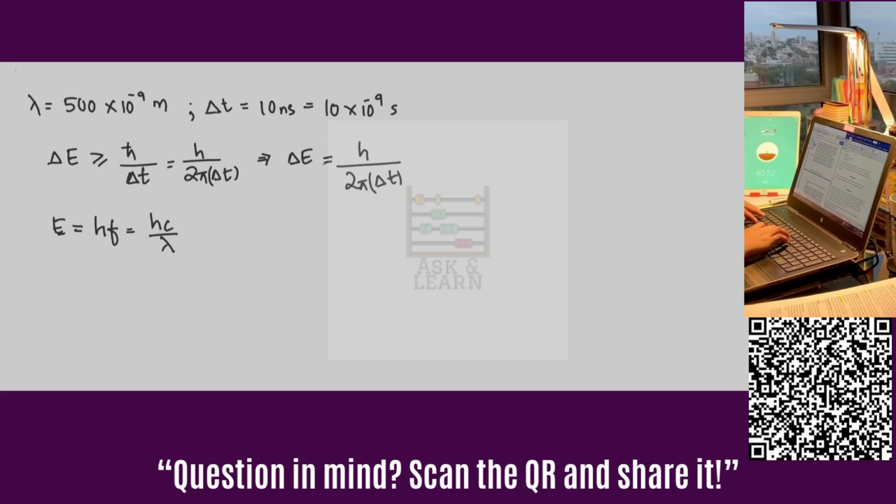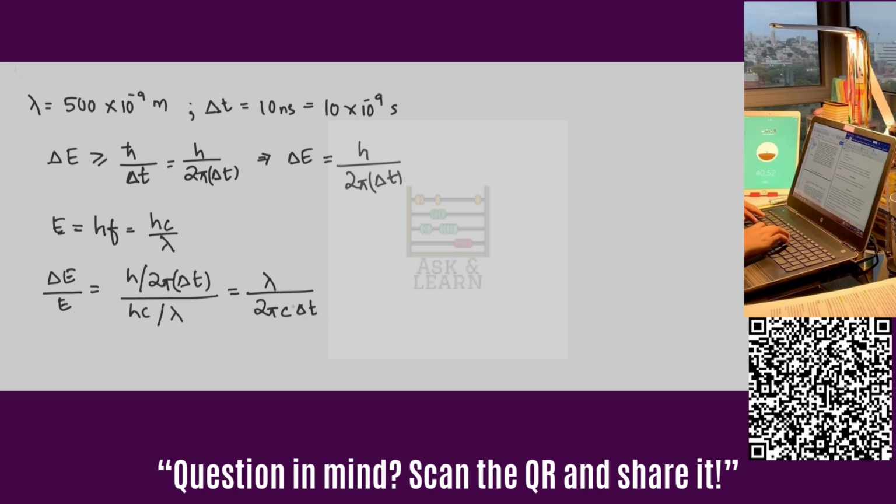Now we can take a ratio of these two equations to find delta E over E. So this will give h over 2 pi delta T over hc over lambda. We simplify this expression and we get lambda over 2 pi c times delta T,